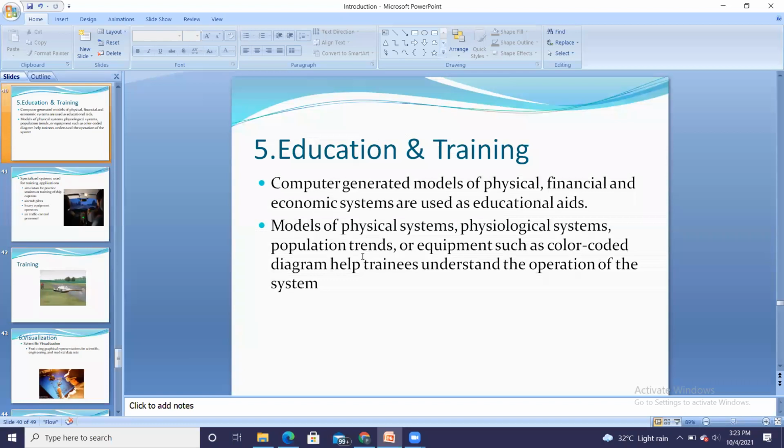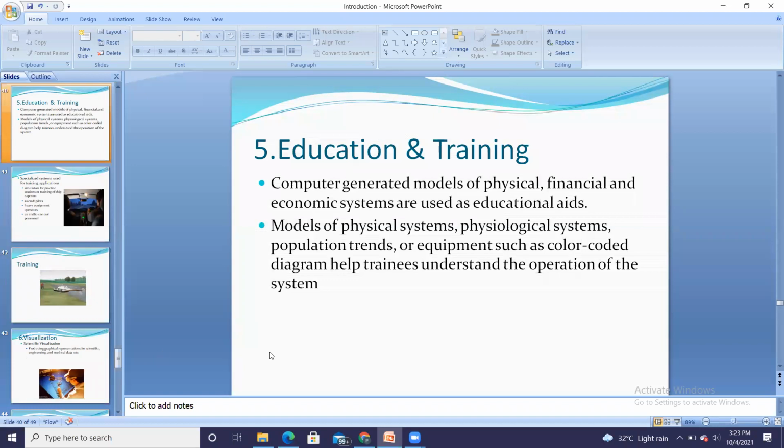Then the fifth application is education and training. So we can give education, for example, the working of an aircraft for a pilot. That can be taught by making use of different CAD software, or the 3D animation kind of thing. We can make a 3D animation of the aircraft and teach the working.